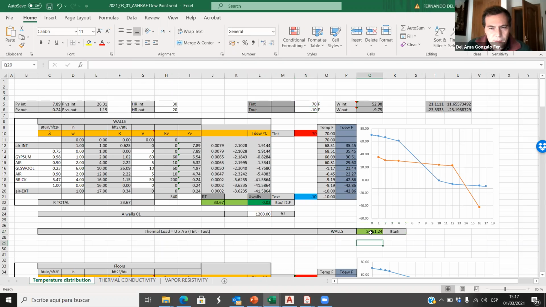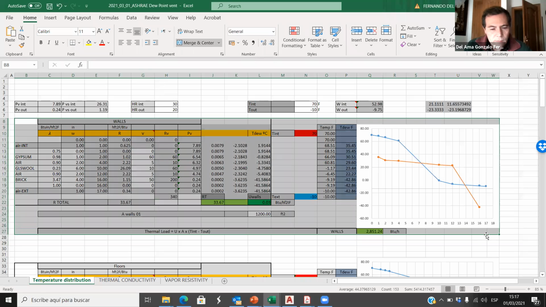I changed this, so when you click here, you see that it's the U value times the area of the walls times indoor minus outdoor temperature. Okay, so in this Excel file, this number here is the heat load through that wall. We have the U value, we have the area, and we have indoor minus outdoor temperature. Okay, so if you copy all these,